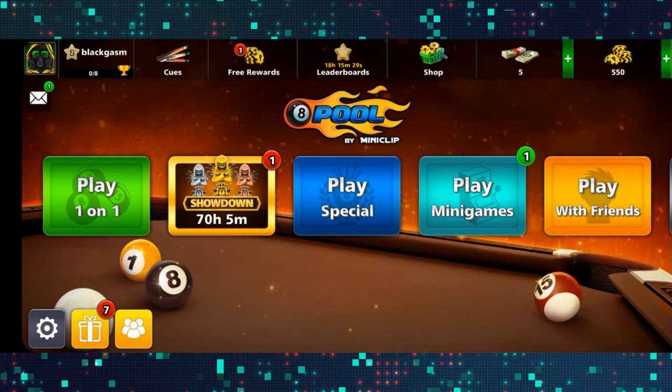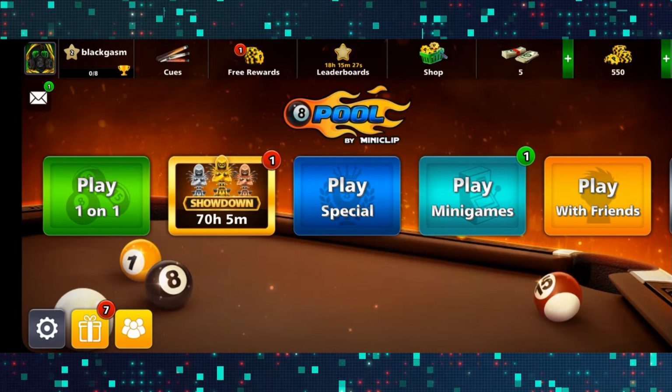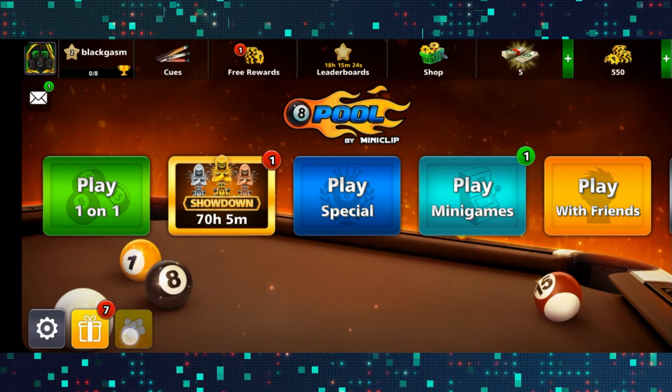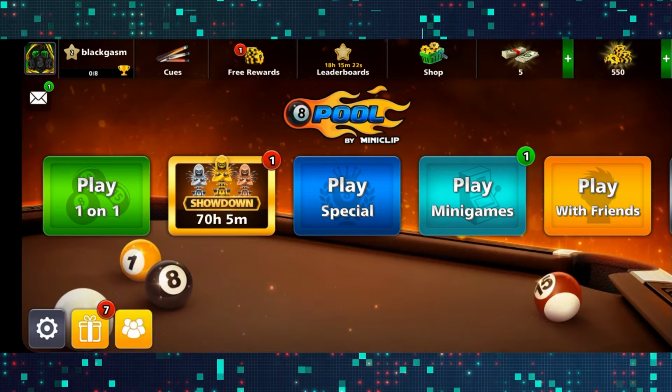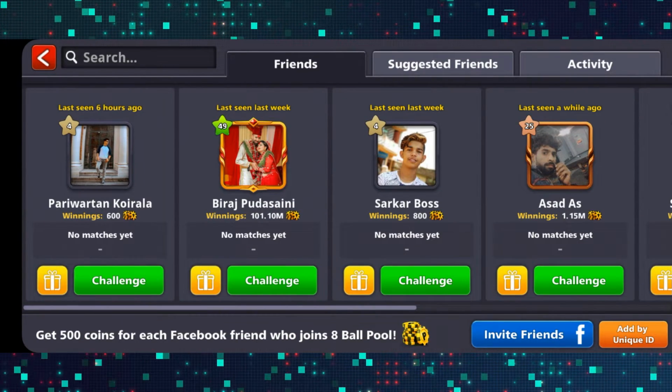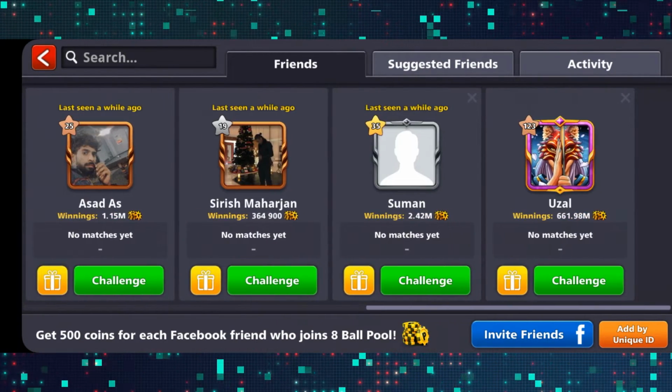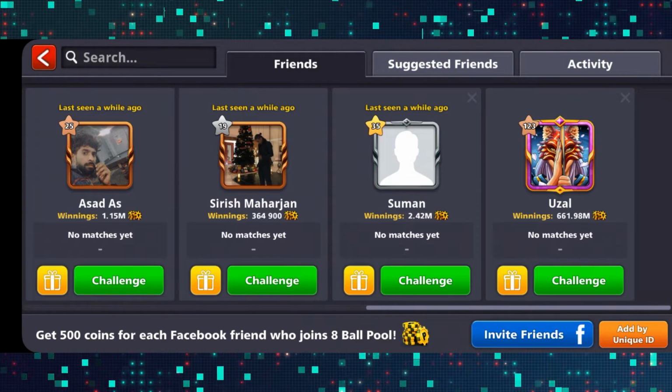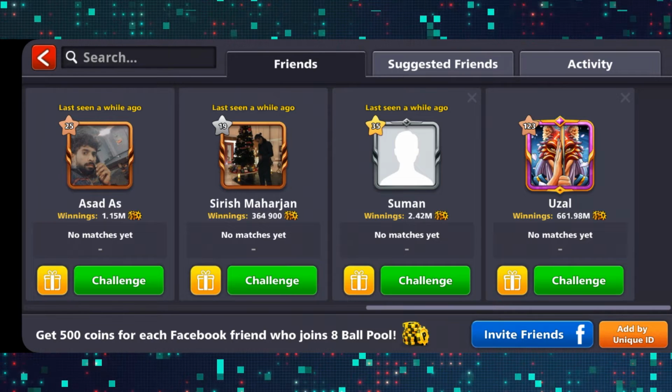Now, in order to add or remove someone, you can simply tap on the Friends option alongside the Gift tab at the bottom left corner. Now from here you will see various friends that you have added onto your 8-Ball Pool game. In order to remove any of your friends, you can simply tap on the cross icon at the top right